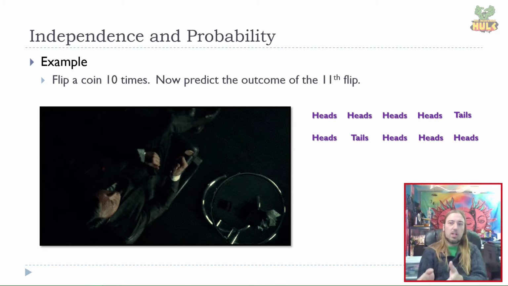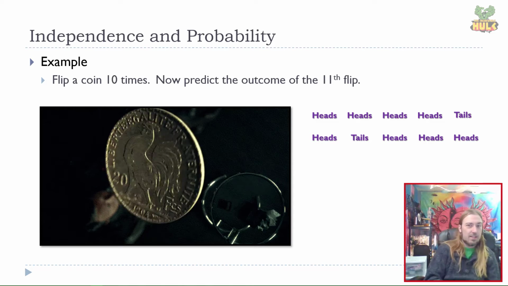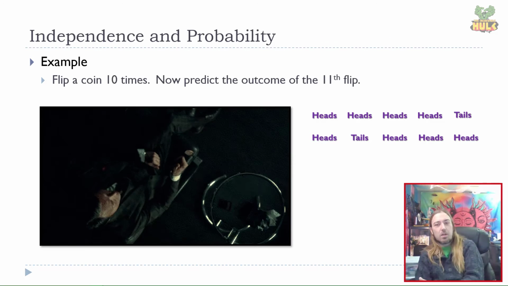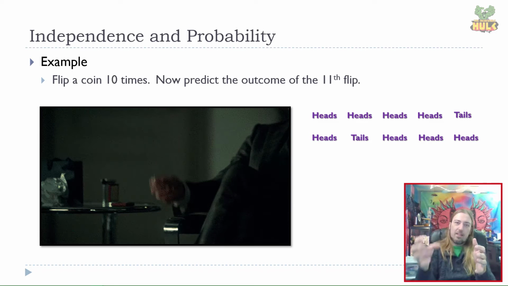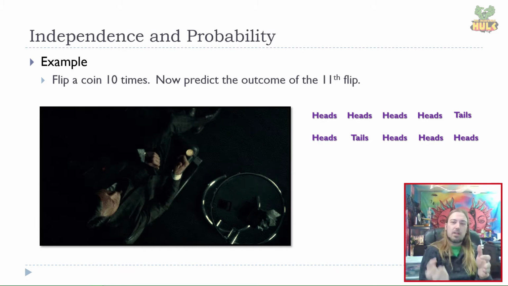And so we should really see half heads, half tails in this particular sample. And if that's the case, then I would expect number 11 to be filling in that lower probability section, right? The section that doesn't have enough observations. So I'd expect it to be a tails.